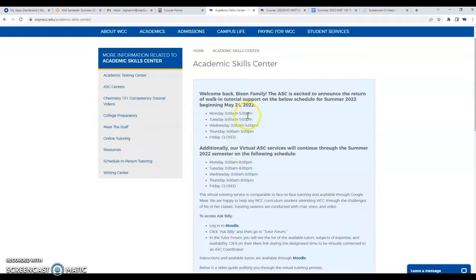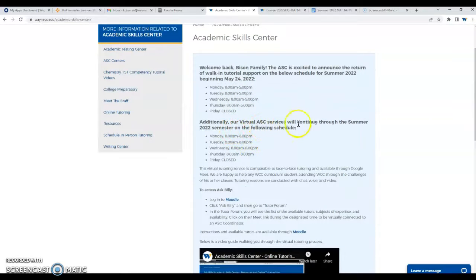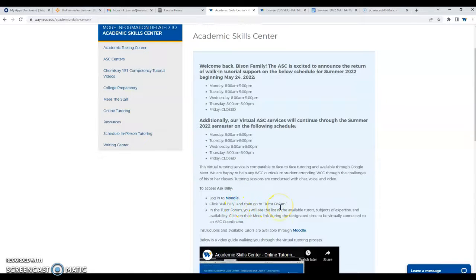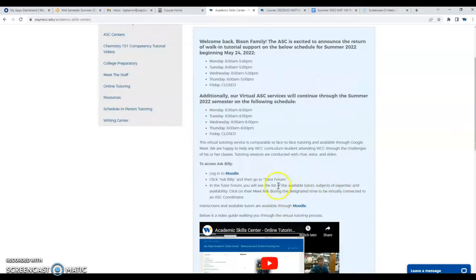If you cannot come from 8 to 5 because of your work schedule, they also offer virtual tutoring. Virtual tutoring is called Ask Billy, and it is located in your Moodle account. You can go to Ask Billy and go to Tutor Forum, and in the forum you'll see directions that will connect you to an academic skills coordinator who will help you.